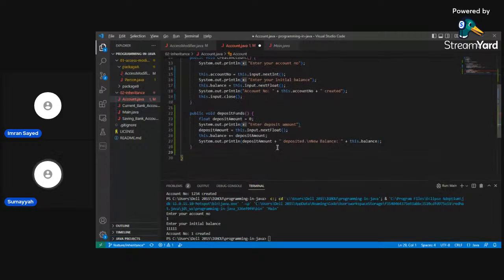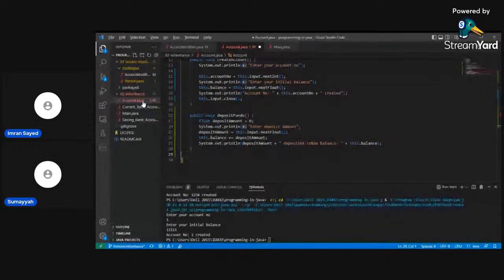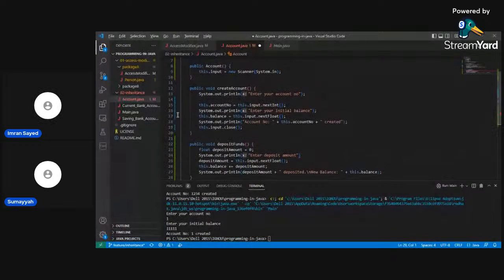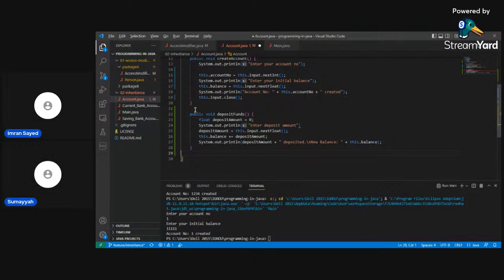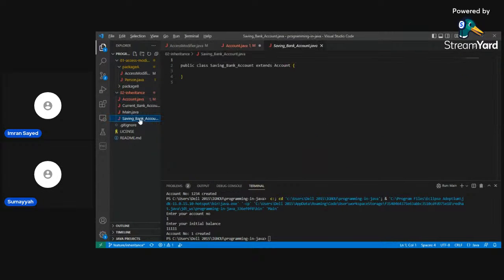Is there an error here? It's red. Which one? There are no errors here, right? Run it. Check.